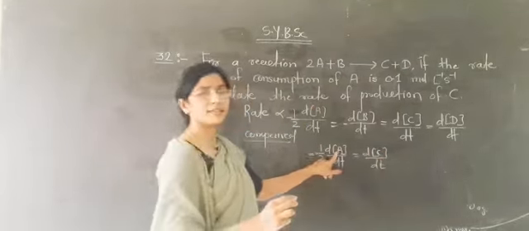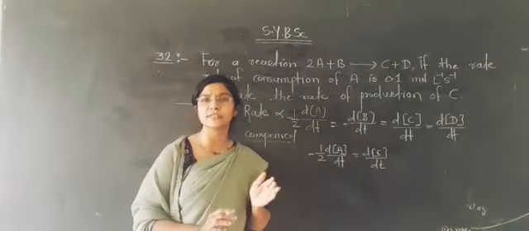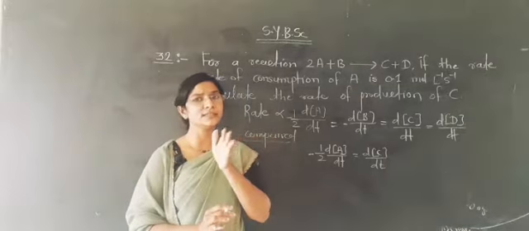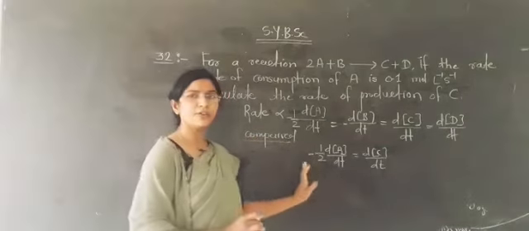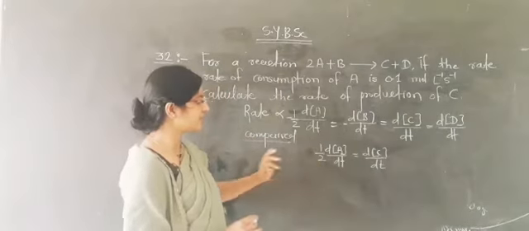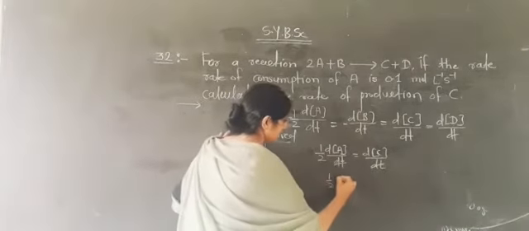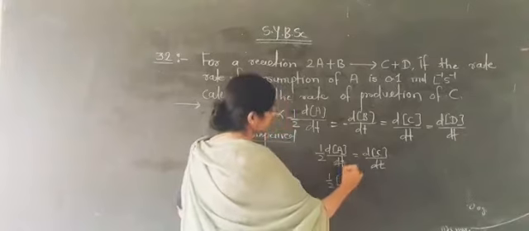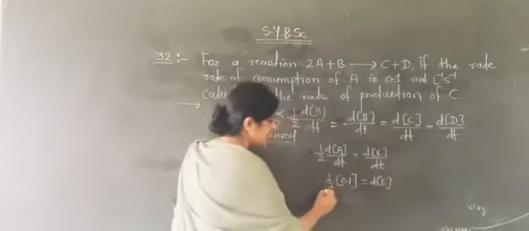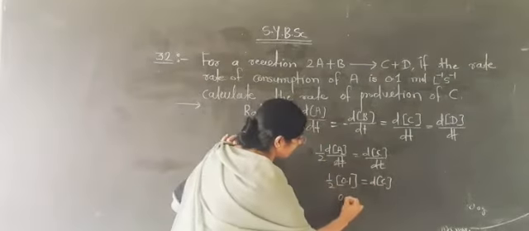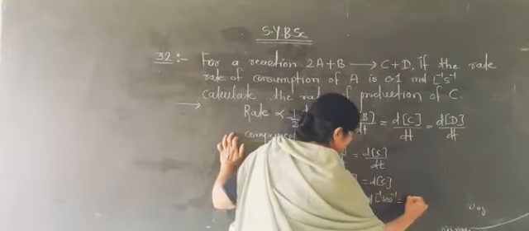Now friends, the concentration of A is given. Then what about the negative sign? The negative sign only shows that the rate of reactant is decreasing, and only that decrease in concentration is shown by the negative sign. Therefore, in the comparison the negative sign does not participate, and you just add the value of concentration which is given for A, that is 0.1 is equal to the concentration of C. And when you solve this, you will get 0.05 mole per liter per second for C.